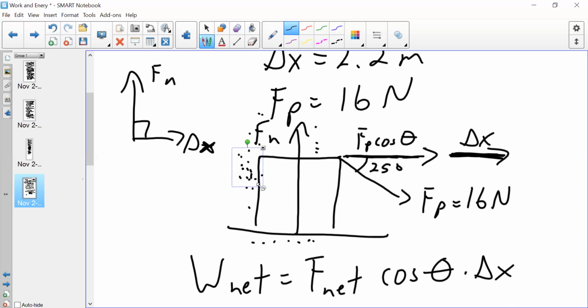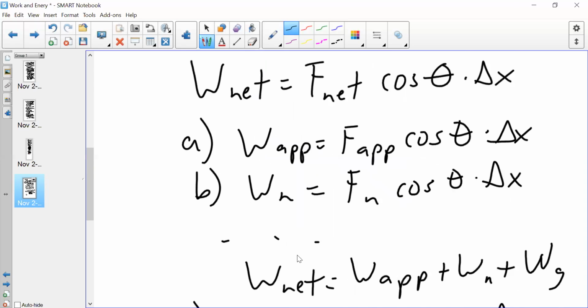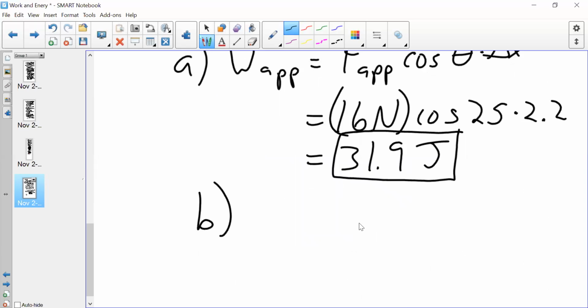Cosine 90 equals, should be 0, right? Yeah, I got 0. Okay, cosine of 90 is 0, therefore the work done by the normal force is 0,